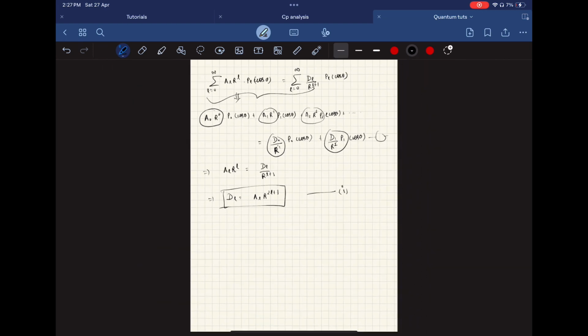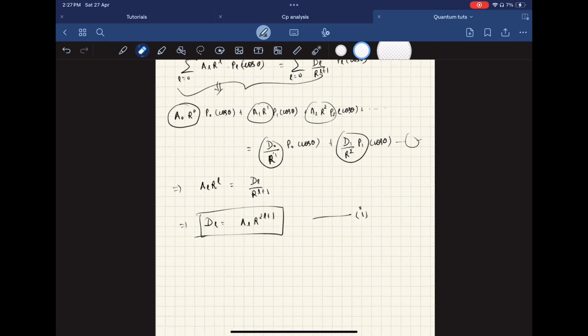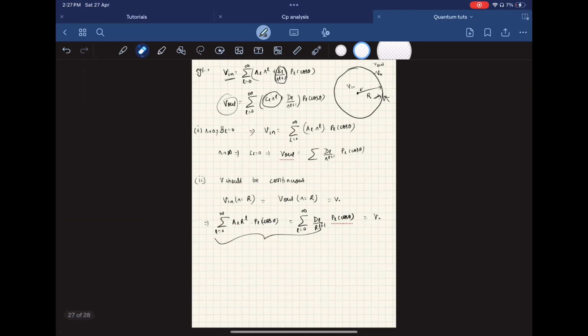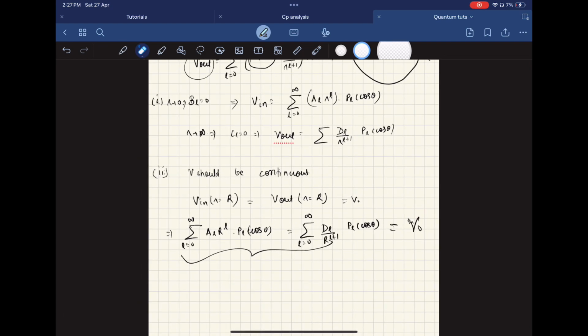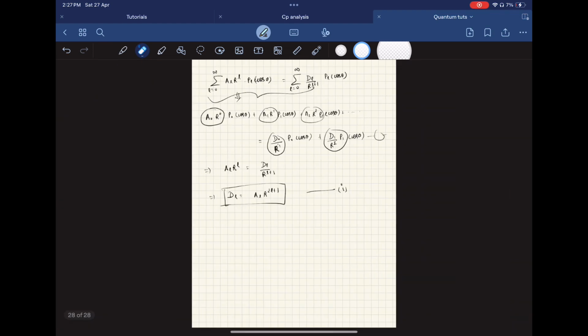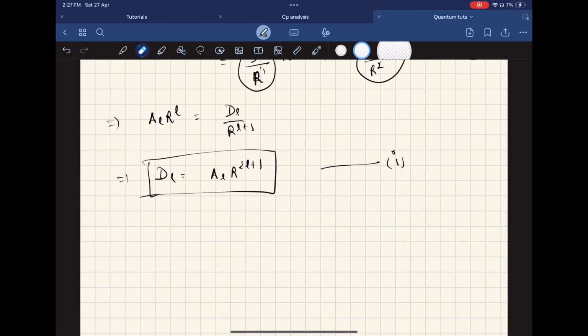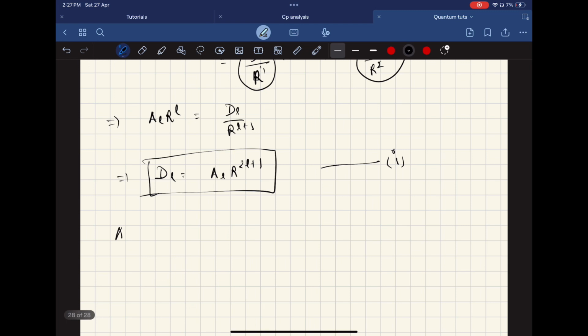Now let's see the second part of this equation, that is equal to v naught. It is equal to v naught. So now let's solve this thing. So we have al r to the power l into pl cos theta